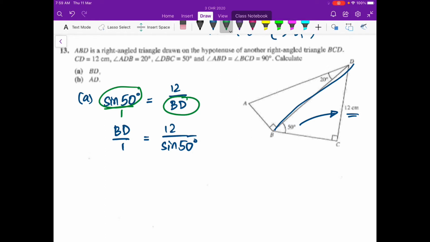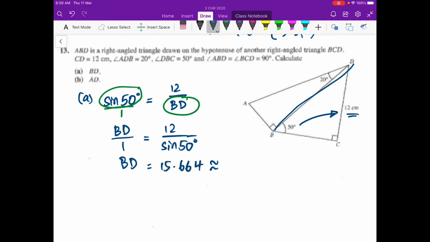Yes. This swapping works in this case. Yeah, but it is actually still the same as what Chang Hui did. Okay, so from here, in fact, you also didn't need the over 1. You will still get the same answer. Okay, what's next? Divided by sine 50. So BD